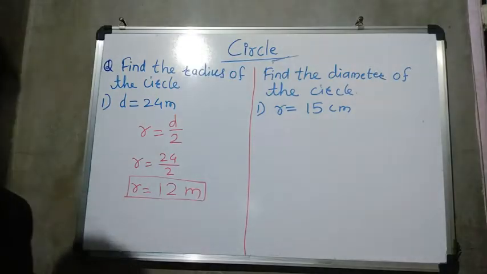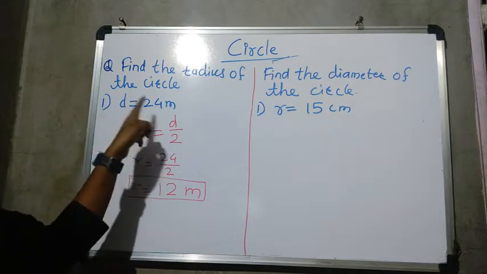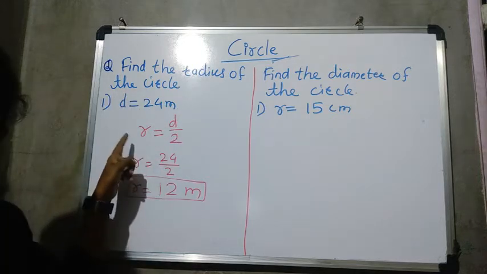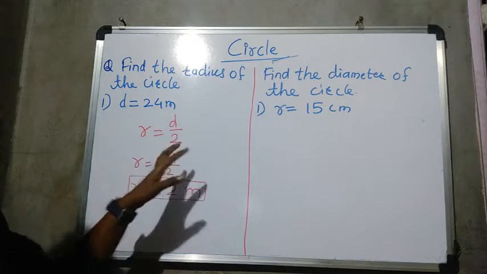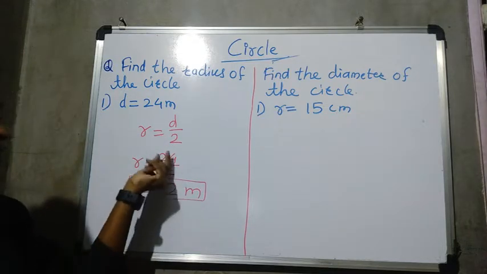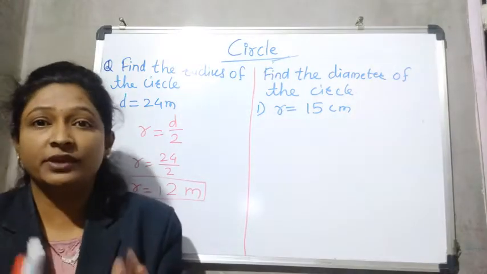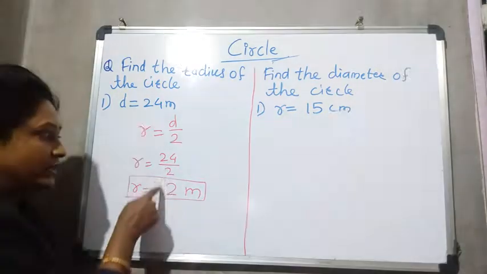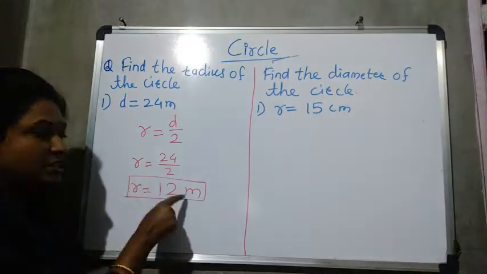Okay, how we find the radius? See, what they given here, they given diameter. Okay, diameter is equal to 24 meter. Now from that we have to find the radius. So radius is equal to half of diameter. So radius is equal to 24 divided by 2. So it is 12, we know that, and see students, in maths tables are very important. If you know the tables, easily you can do this calculation. So see, 2 1s are 2, 2 2s are 4, means 12 2s are 24, we know this. So radius is 12 meter.